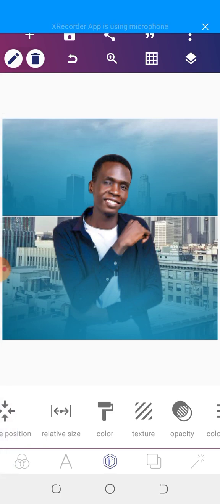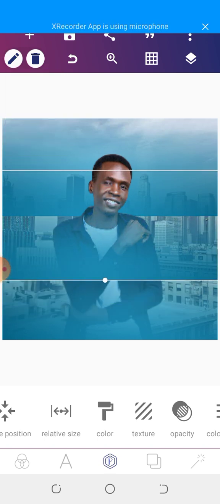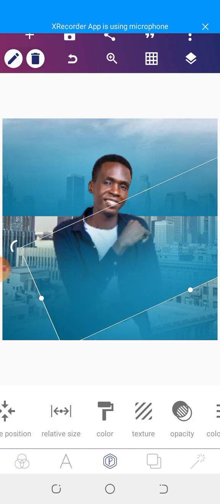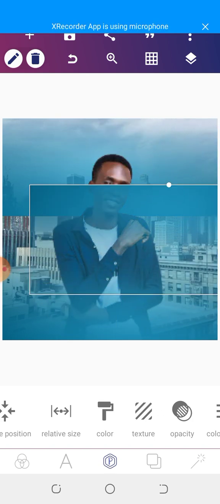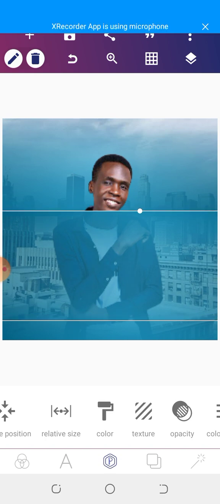See, I didn't need to still duplicate it. You can choose to turn this one, turn it, yeah, so that the brush will not look